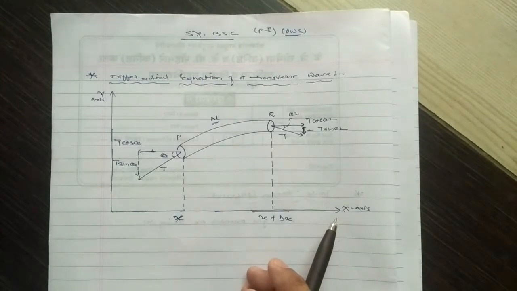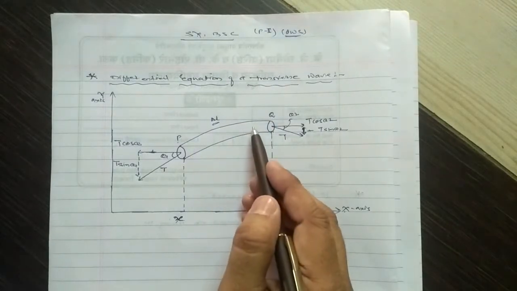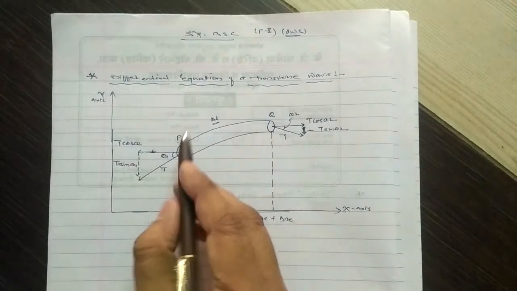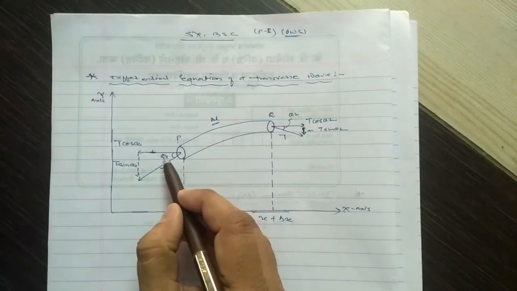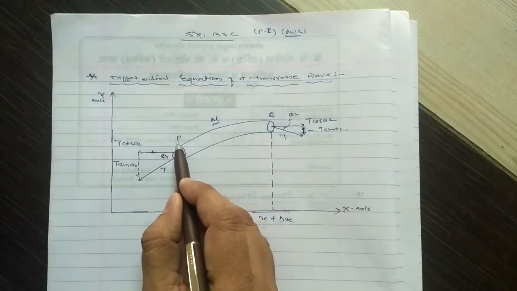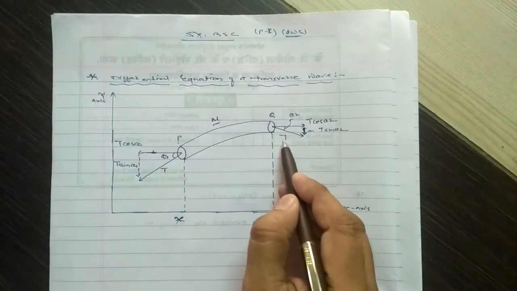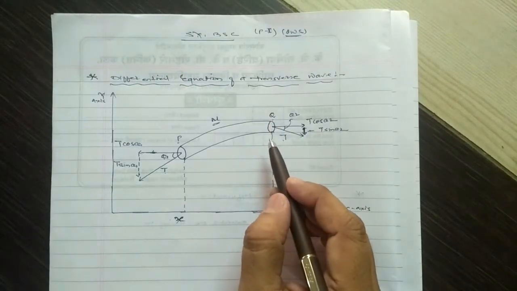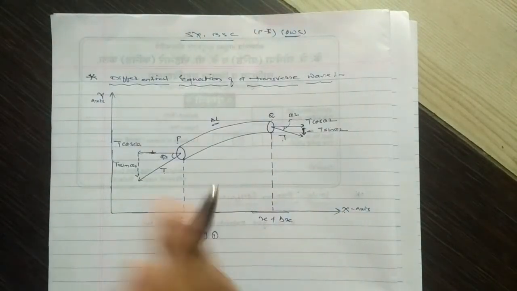The tension T is normal to the cross-sectional area of the element of the string at points P and Q. Let theta 1 be the angle made by tension T with the horizontal axis at P, and theta 2 be the angle made by T with the horizontal axis at Q. Let the tension T be resolved along the x and y axes as shown in figure 1.